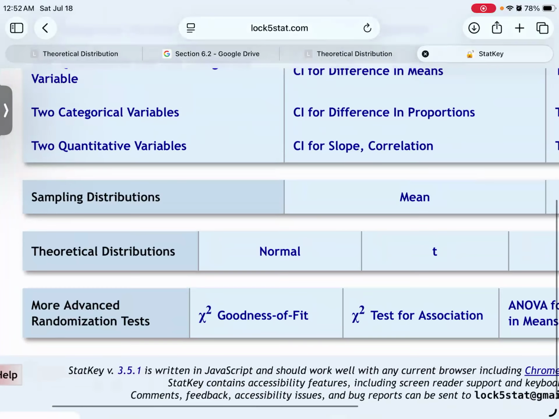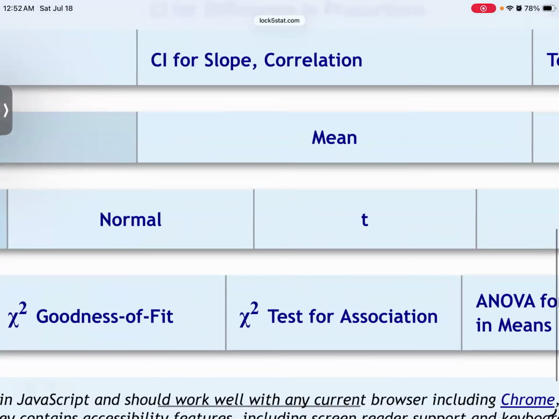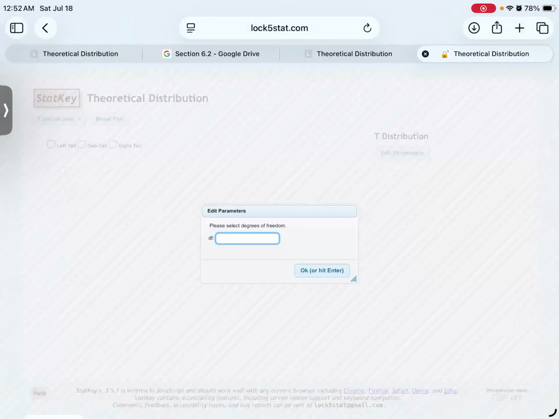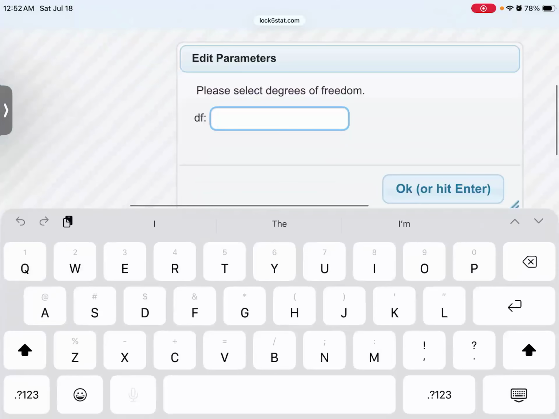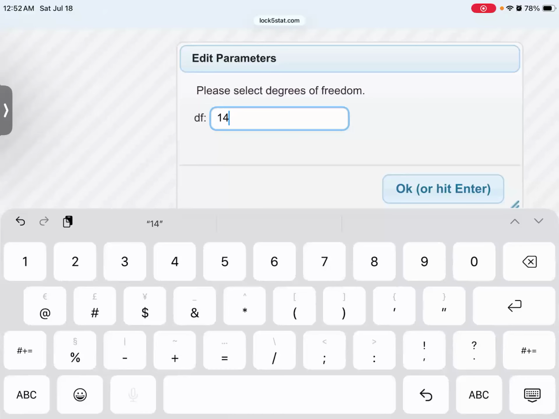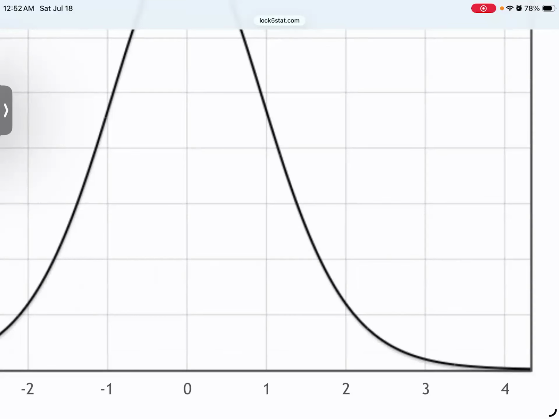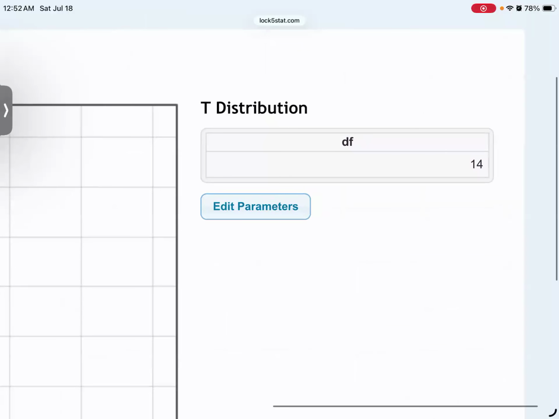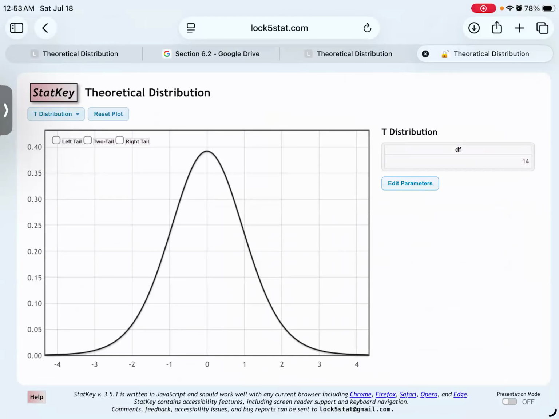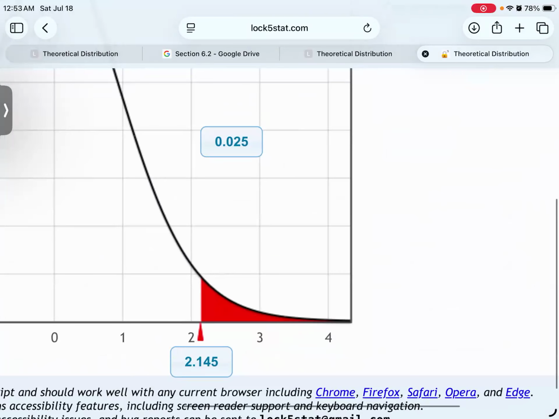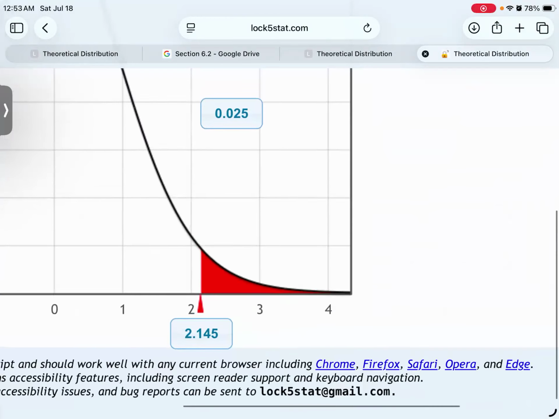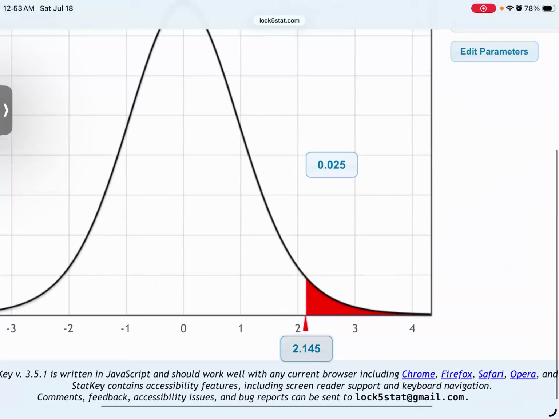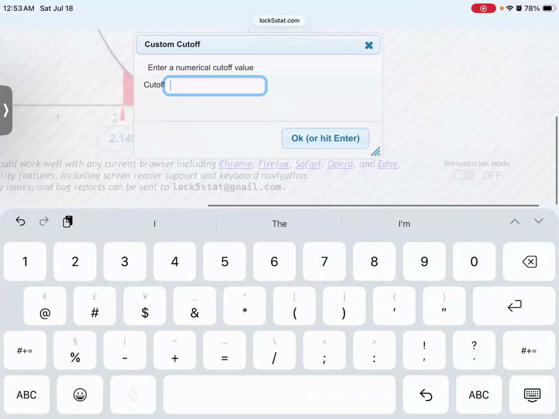It's going to feel a lot like the normal distribution. Right next to the normal distribution, click on the T. And immediately it's going to ask you for that degree of freedom. Again, think of this as almost like saying what the sample size is, except minus 1. So once you have your 14 in there, now you can do business as usual. Click your right tail. There's the default p-value of 0.25, and that's where they want us to put down at the bottom where it says 2.145. Click it and change it to